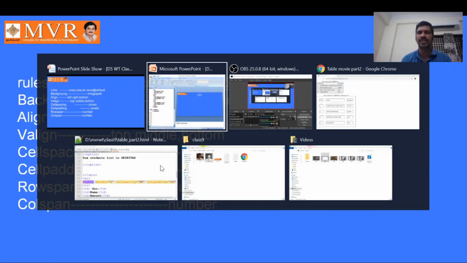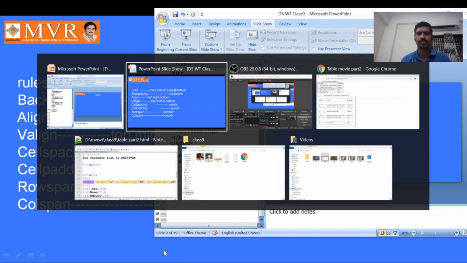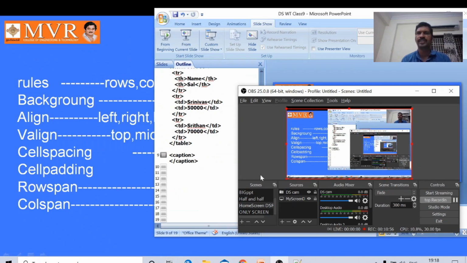Next, we will see other attributes. Cell spacing and cell padding are over, caption is over, background is over. Next, we will see align and v-align attributes. After that, rowspan and colspan.